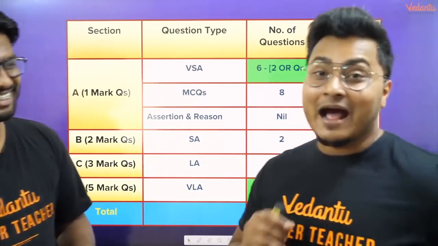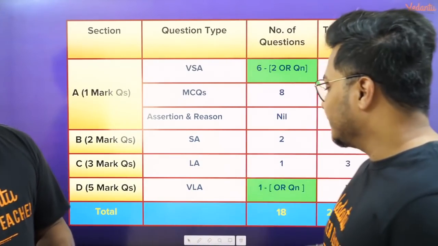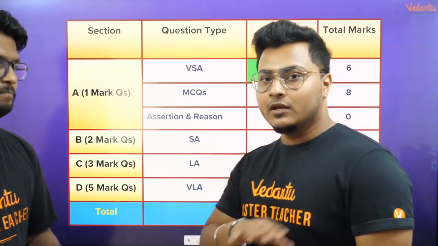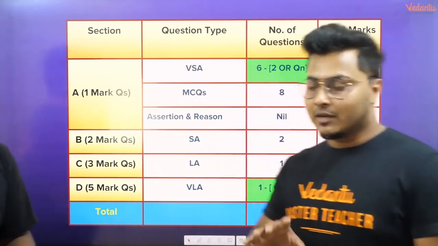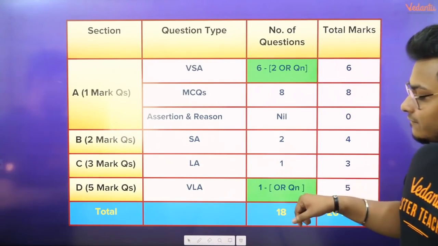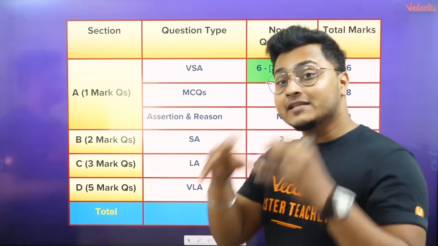Let's move on to one more happy news for you guys. The happy news is, see, this time we saw that in the sample paper 3 questions are coming for 5 marks. Okay, 3 questions coming for 5 marks. But if you notice, even in those 5 mark questions, there will be in total 6 questions.